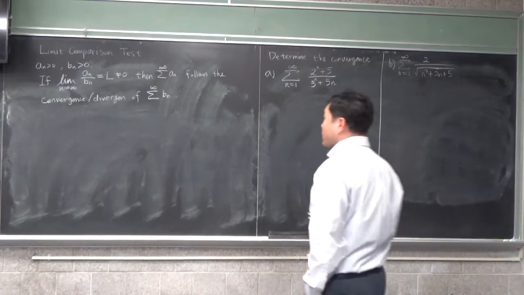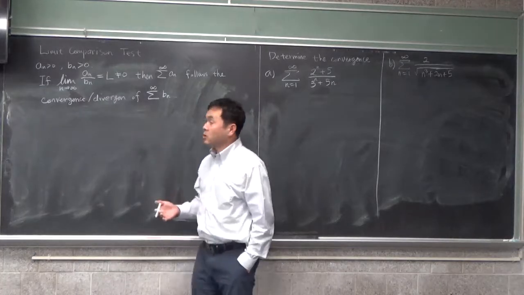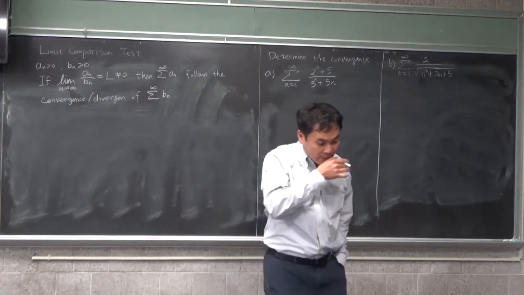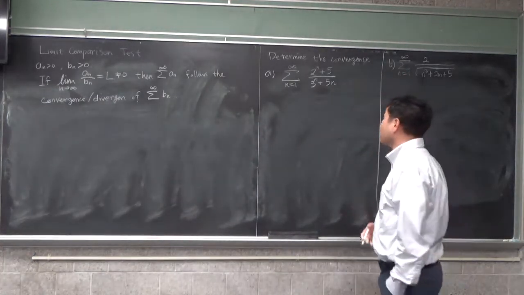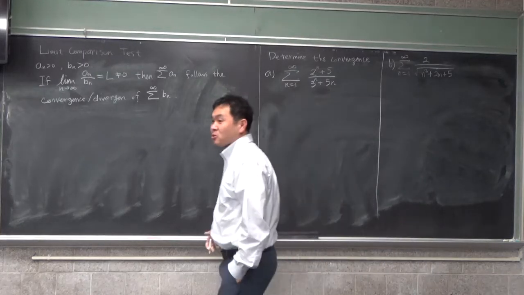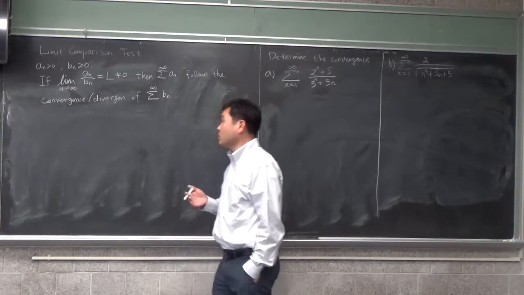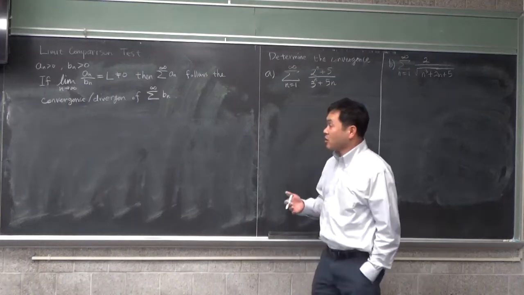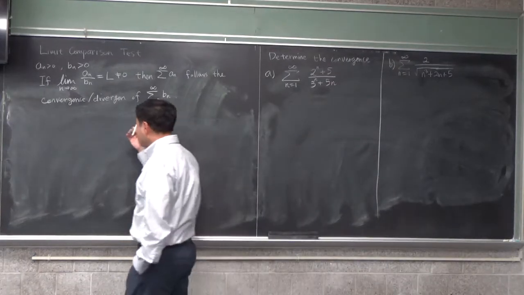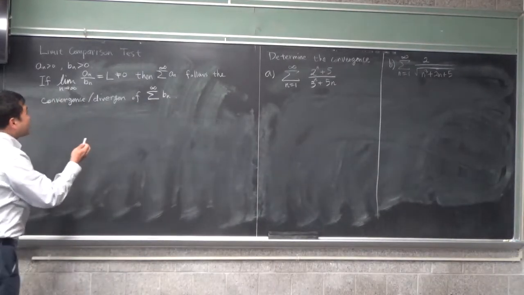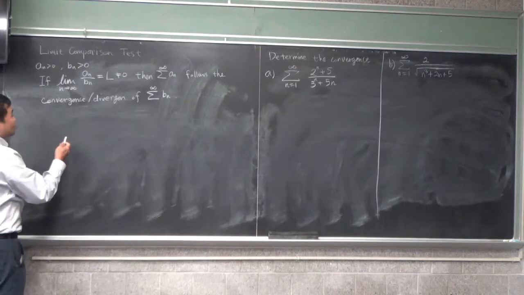Okay, so last time I explained what the limit comparison test is, but I think this is best understood if you see more and more examples. So let me try these questions again, but to give you a rough idea of what the limit comparison theorem is doing,